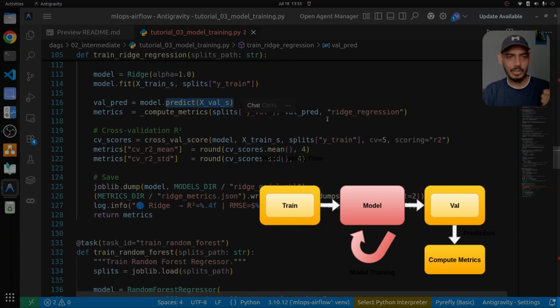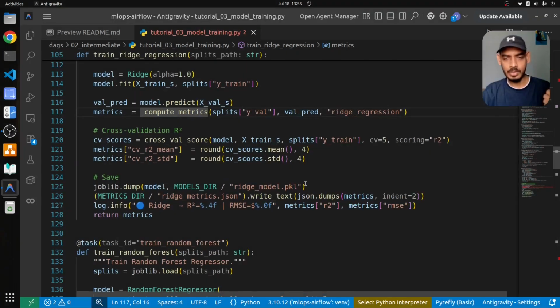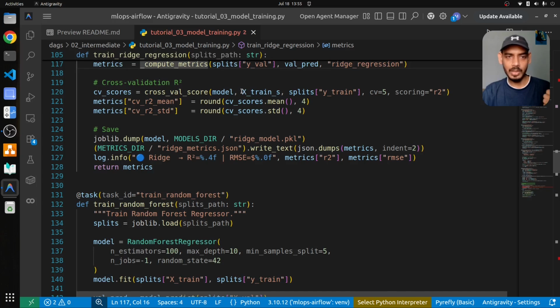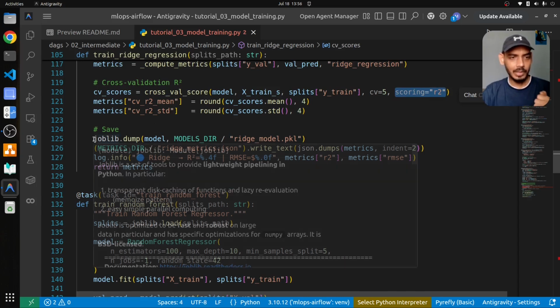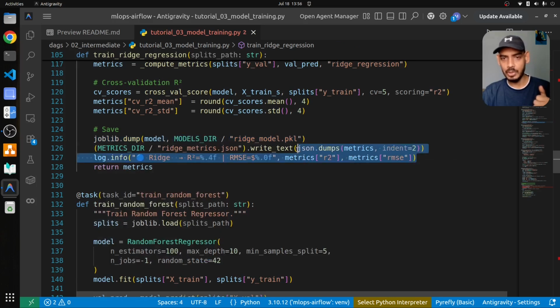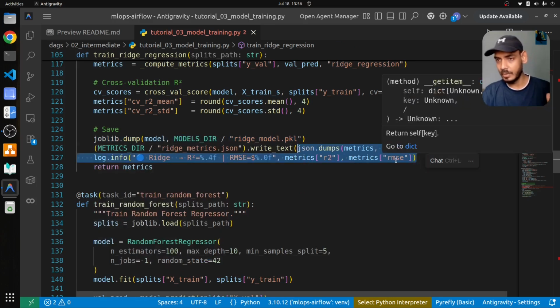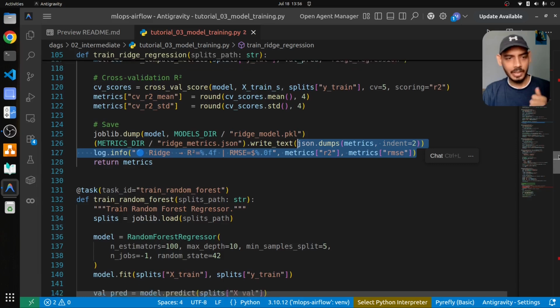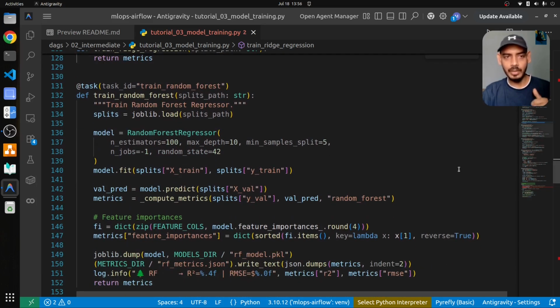Once the prediction is done, we'll compute the metrics, and we'll also perform cross validation with the help of cross_val_score, evaluating on this specific evaluation metric, which is R-square. And finally, we'll save the model and log the specific information, which is the R-square and RMSE values. In the next function, or task, we'll train a random forest model where we again take in the splits path